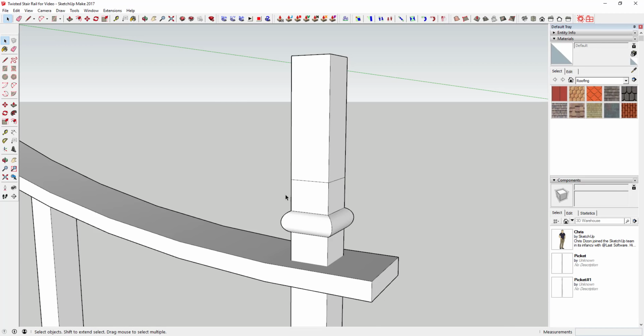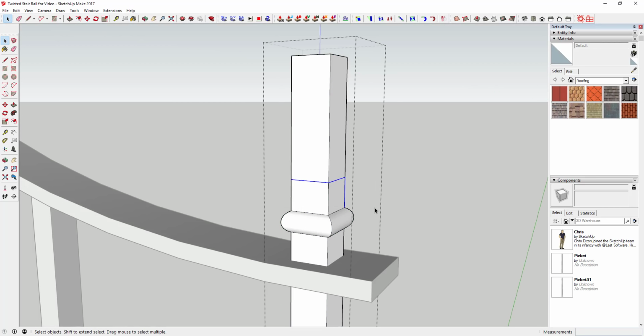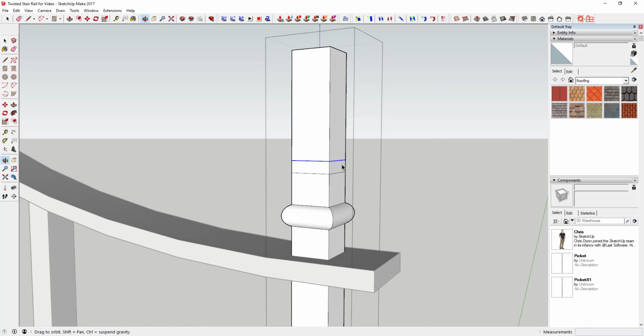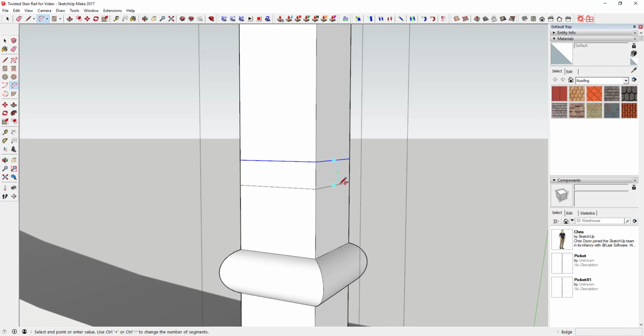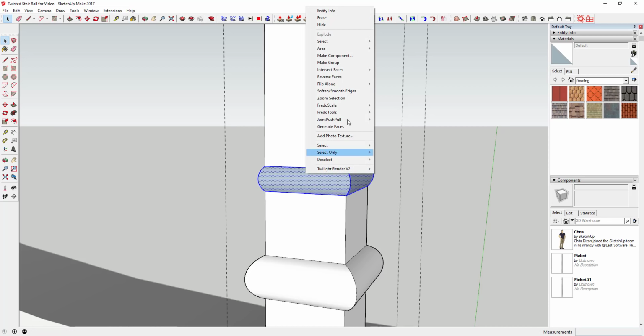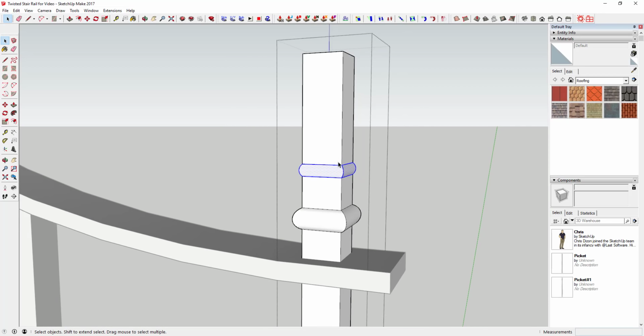All right, so you've come in here, you've created a second path along here, and this is just for the smaller little out piece that you have right here. And if it helps, you can use the keyboard shortcuts to lock the inference of that to the red axis. But anyway, so go ahead and extrude this piece. You can reverse the faces just like this, and then the next thing you're going to do is you're going to come in here